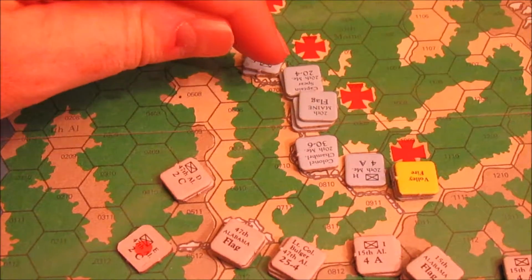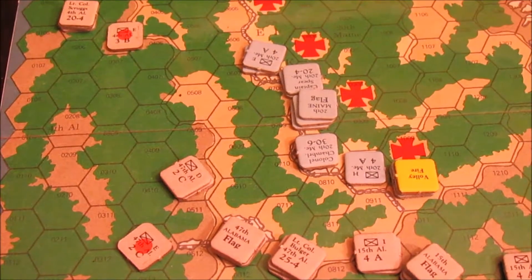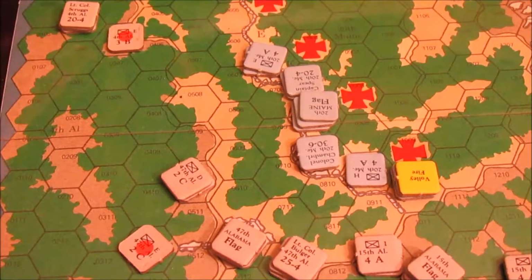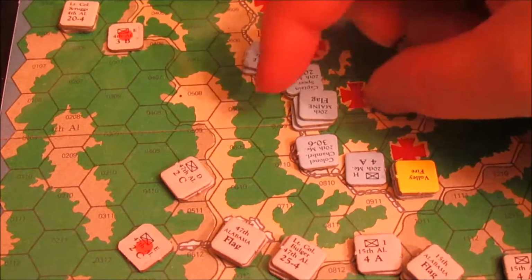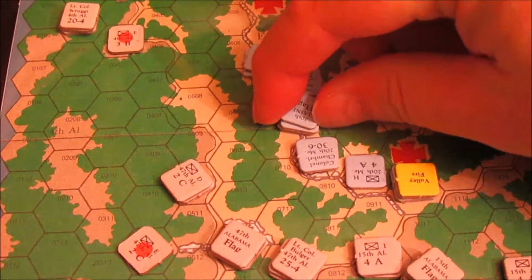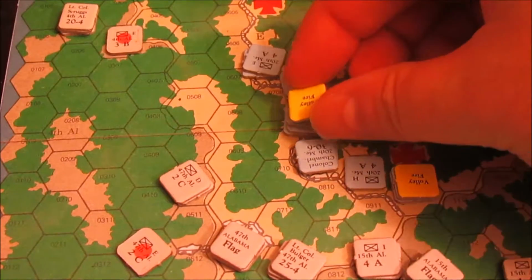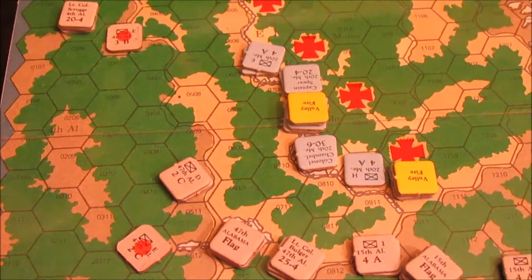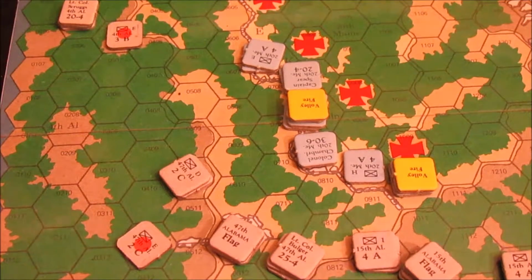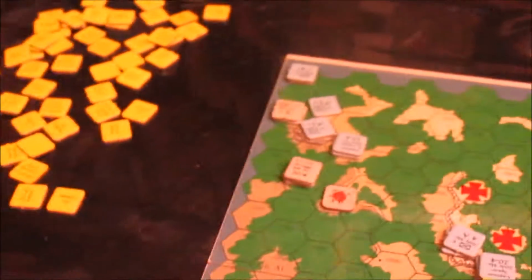And then Captain Spear, again, we don't really feel like moving anybody, and these 2 guys can't see anybody, they're out of range, but these guys can. They can see those guys right there, so they go ahead and volley fire. And I think that is going to be it for the command phase, so let's go ahead and jump right into the actual